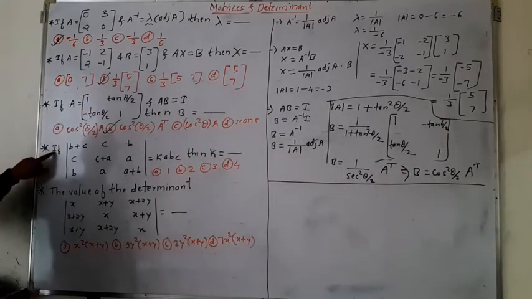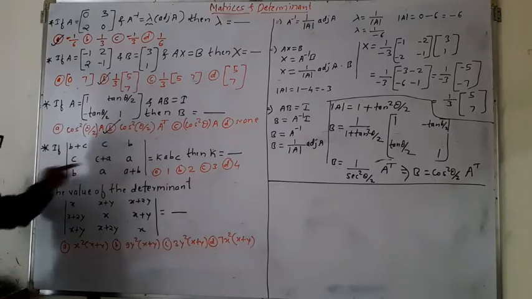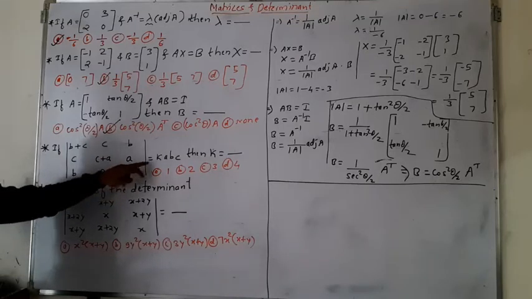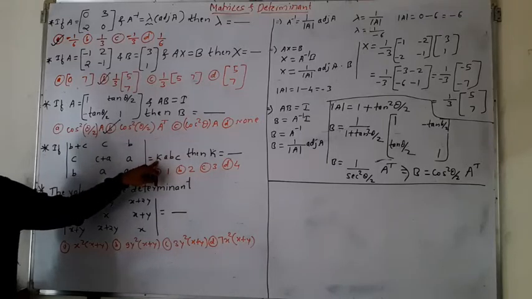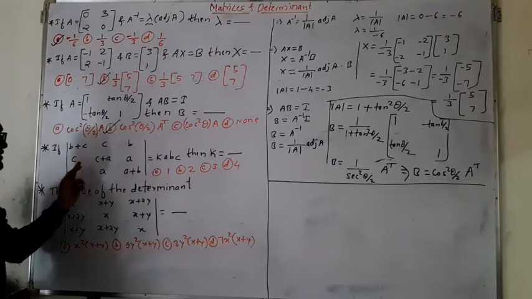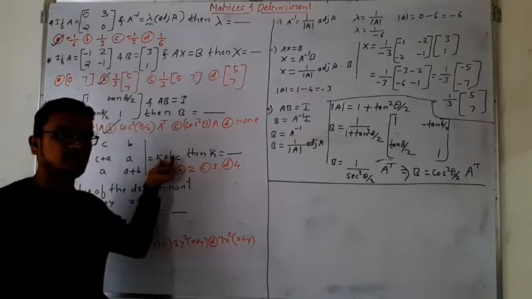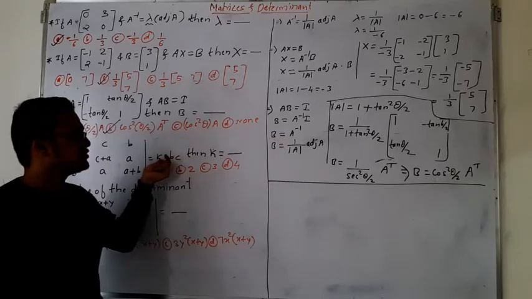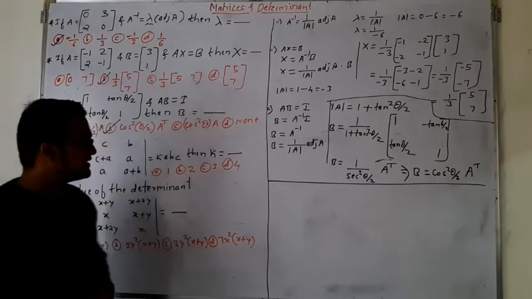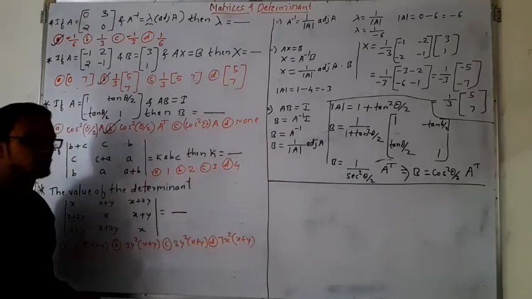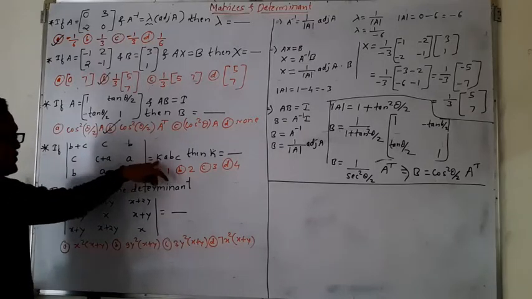Next question. If the determinant of B plus C, C plus A, A plus B, with the rows as shown, is equal to K into ABC, then what is the value of K? Actually, for such types of determinants there are some standard determinants with standard RHS values. So if possible, by those standard results you can answer easily. Okay, but let it be. Here we will simplify and find the value of this K.